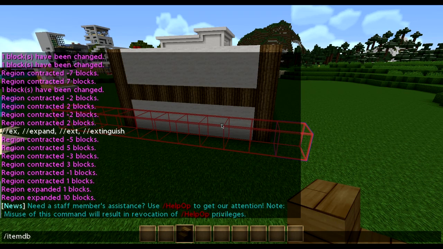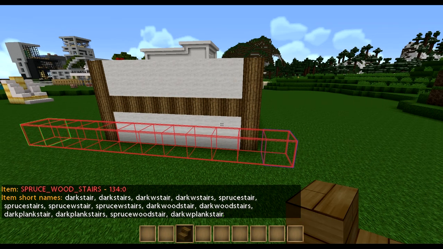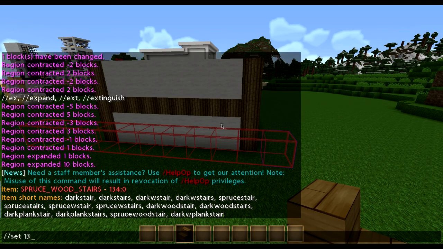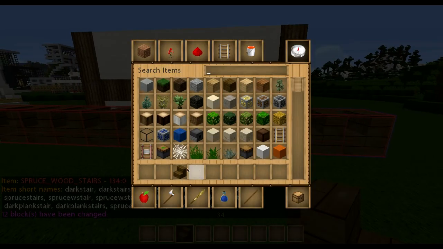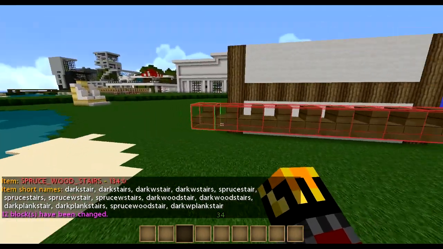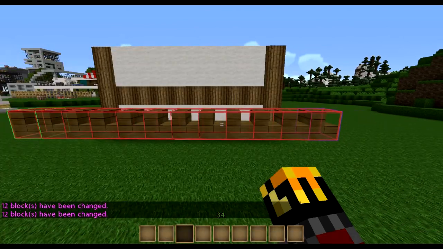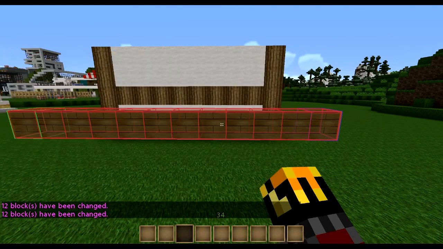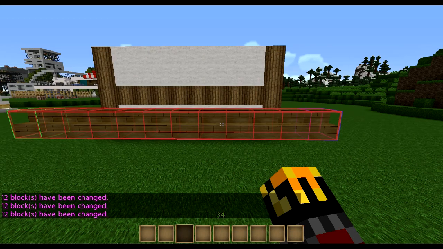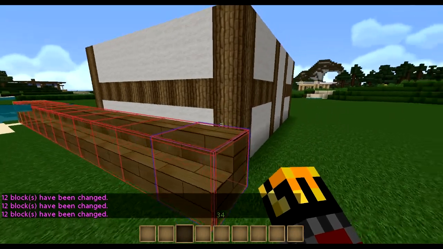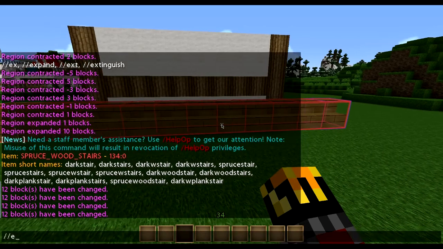You can get the block ID by typing /item database or DB 134. So let's try set 134. Now it uses data values to determine the position, so if that doesn't work, try 1, 2, probably 3. Okay, that's it. Now I'm going to contract